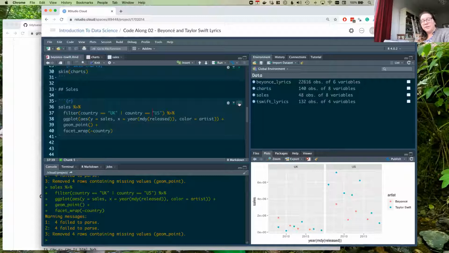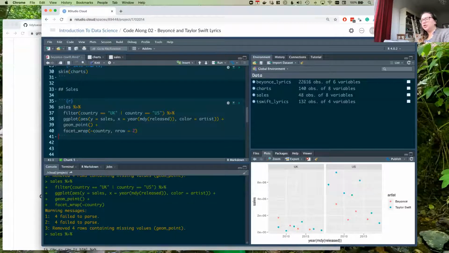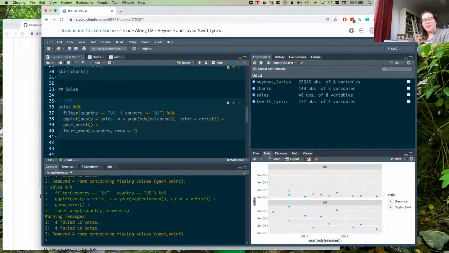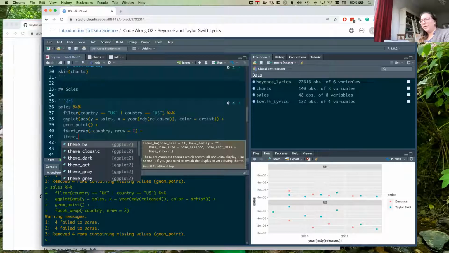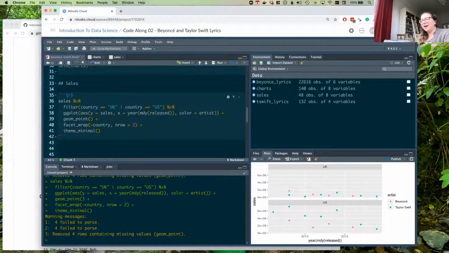Can we put the subplots in rows instead of columns? Sure, so the years would be on top of each other. We can definitely do that. So we can say nrow is equal to 2, so that it would put them on top of each other. Move the grid lines, sure. Actually, I don't like this gray background we get so much in R. There's a theme called minimal that I like a little bit better, personally for my use. So we can change that. Let's change the sales scale as well.